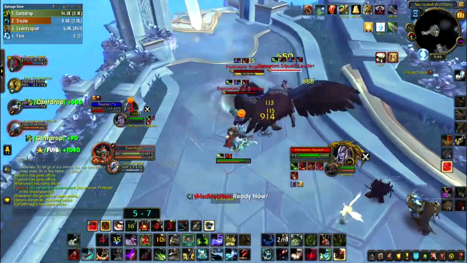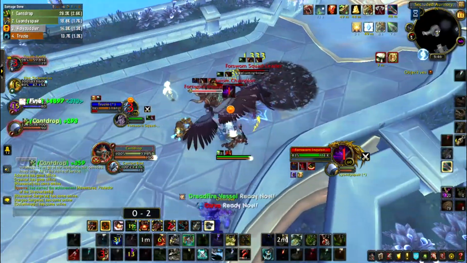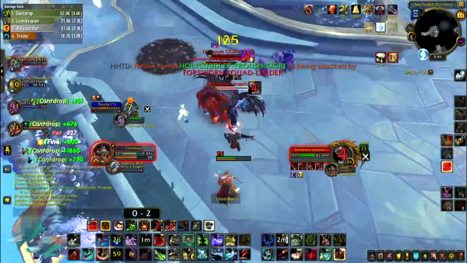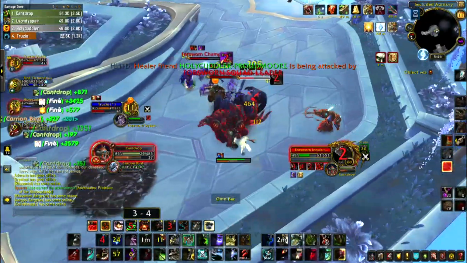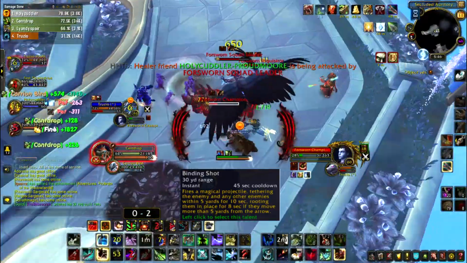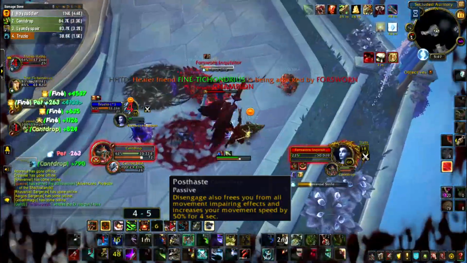Talent 5. Honestly, you can go either 3 of the talents, Born to be Wild, Post Haste, or Binding Shot. They all have the ability to be good and needed at certain times, especially between Binding Shot and Post Haste. With Binding Shot being good for AoE pull control, and Post Haste helps you really stay out of roots and